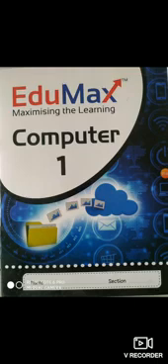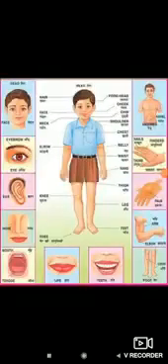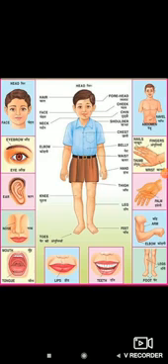I'm sure we all are ready. So let's begin. As we begin to learn further, I want you all to take a look at this picture. Self-explanatory. By looking at the picture, we get to know it's a human body and the various parts: head, eye, ear, nose, lips, legs, hand. So the various parts of the human body.